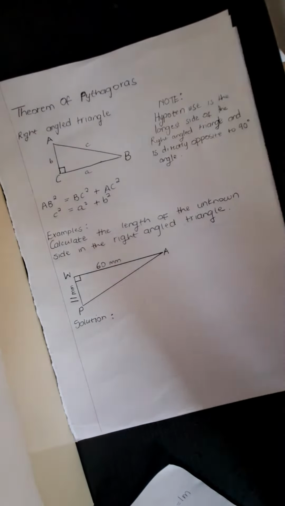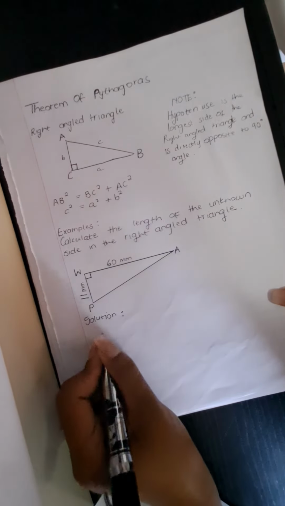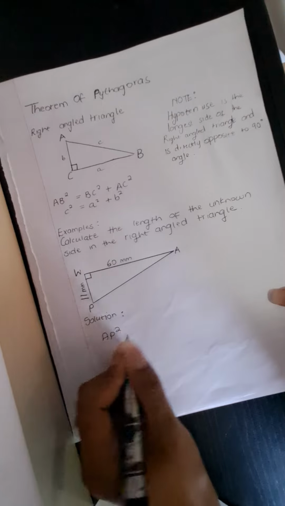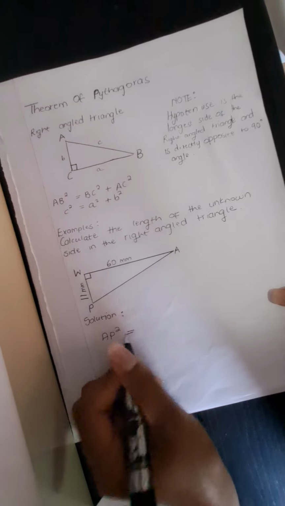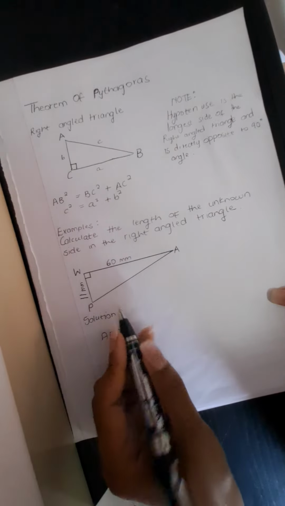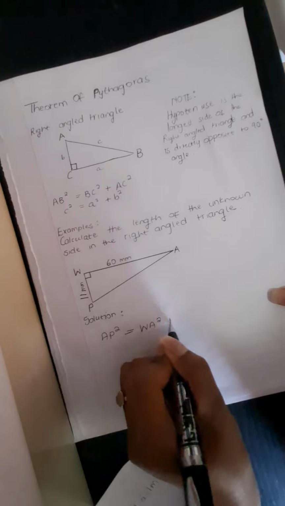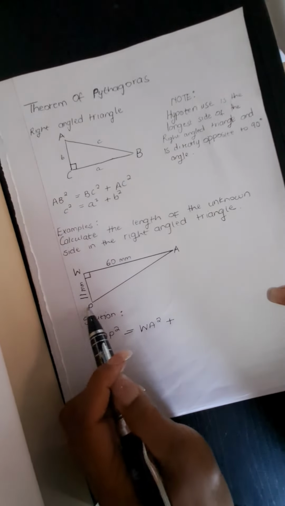All right, so in this case, we will have AP squared is equal to WA squared plus PW